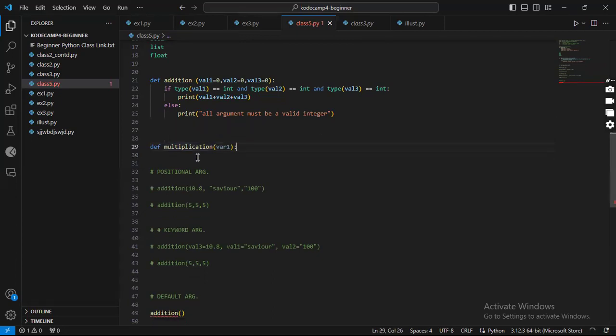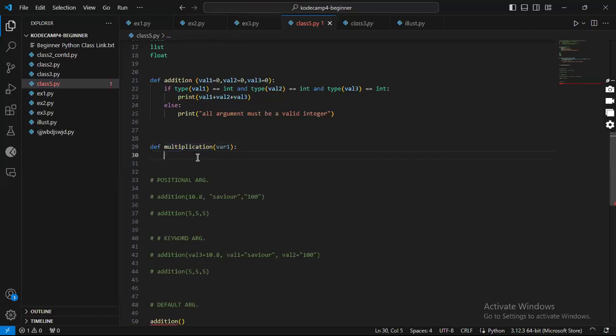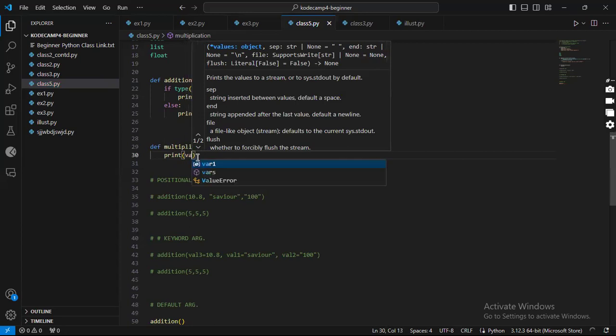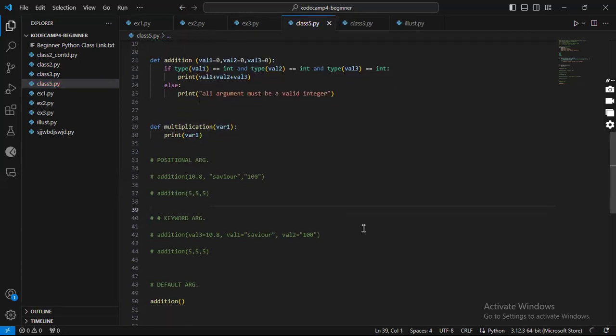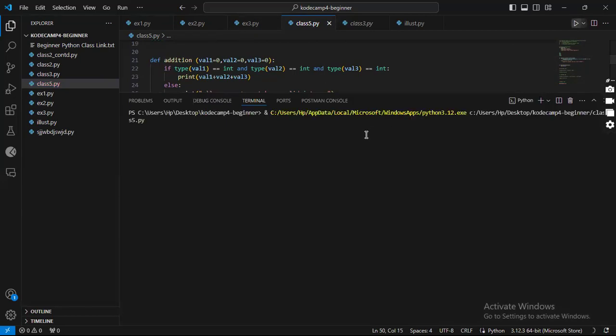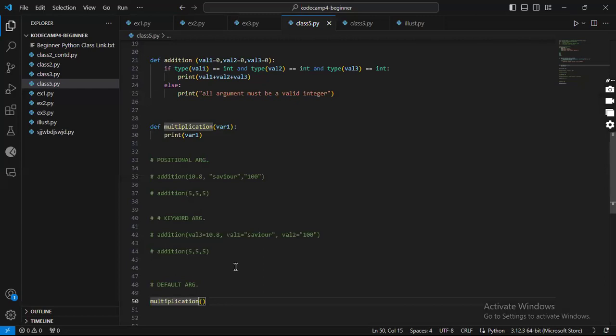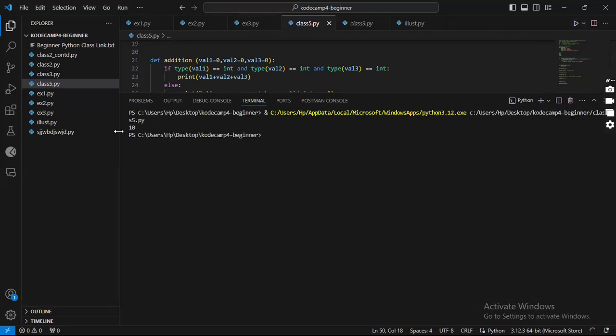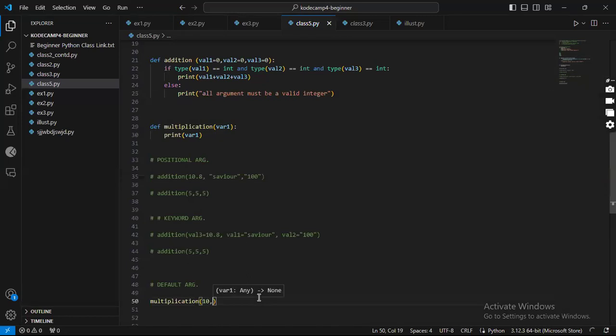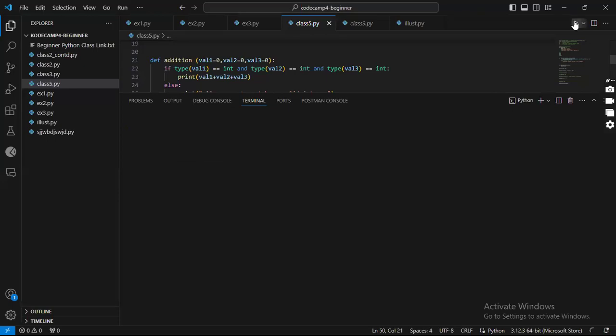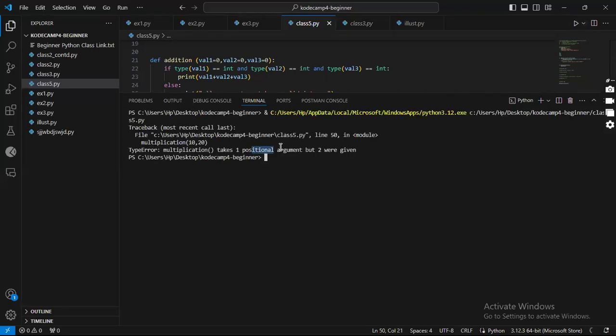And then let's give it a body. Remember, Python won't let us pass without a body. So this one will simply multiply everything that we have here. Let me just show us how variable 1 will look. If you try to execute this right now without the variable, it will require one argument. If I provide 10 and run this, it shows 10, right? Then if I go back and add, let's say, 20, and run this, it shows an error that this function only takes one positional argument, but 2 were provided. So as such, we've provided more than